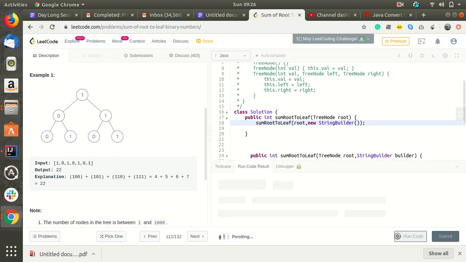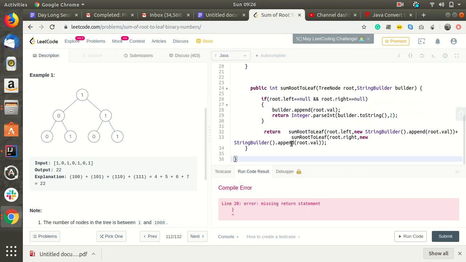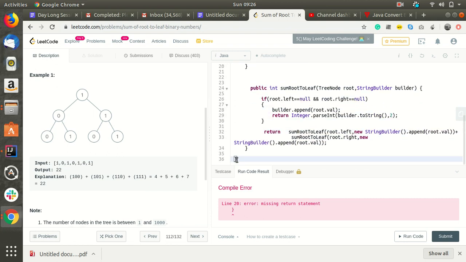Let's run it. Wait a minute. Missing return statement at line 20.